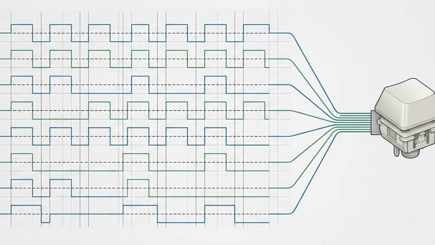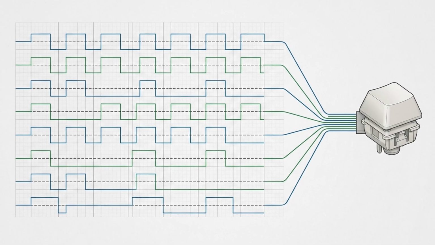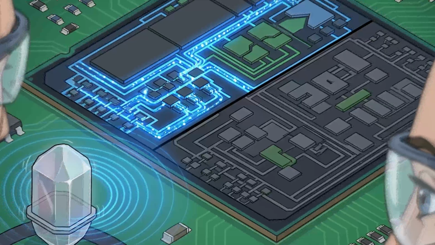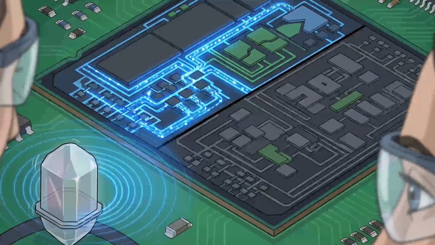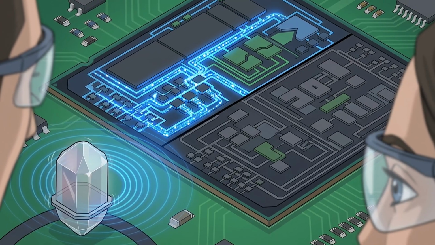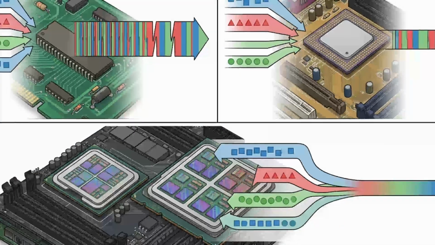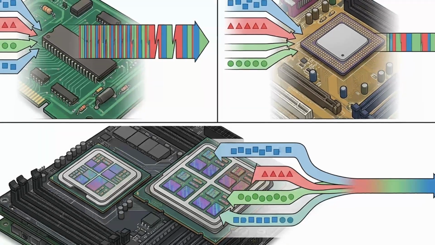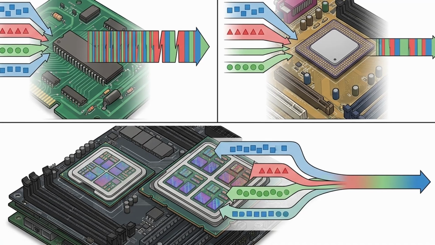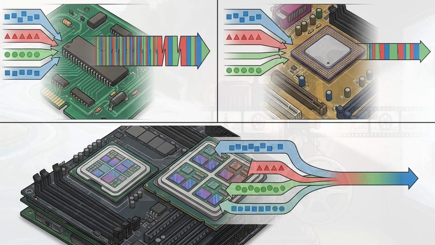Not a secret code, just voltage above or below a line, grouped 8 at a time into patterns everyone agreed in advance to call letters. Not smooth motion, but a strobe light running faster than anything you could consciously register, freezing and releasing on a beat set by a vibrating crystal. And not one continuous stream of attention, but many small, fast, frozen loops layered together, first by slicing time thin enough to fool a human, later by simply building more loops until the seams disappear entirely.